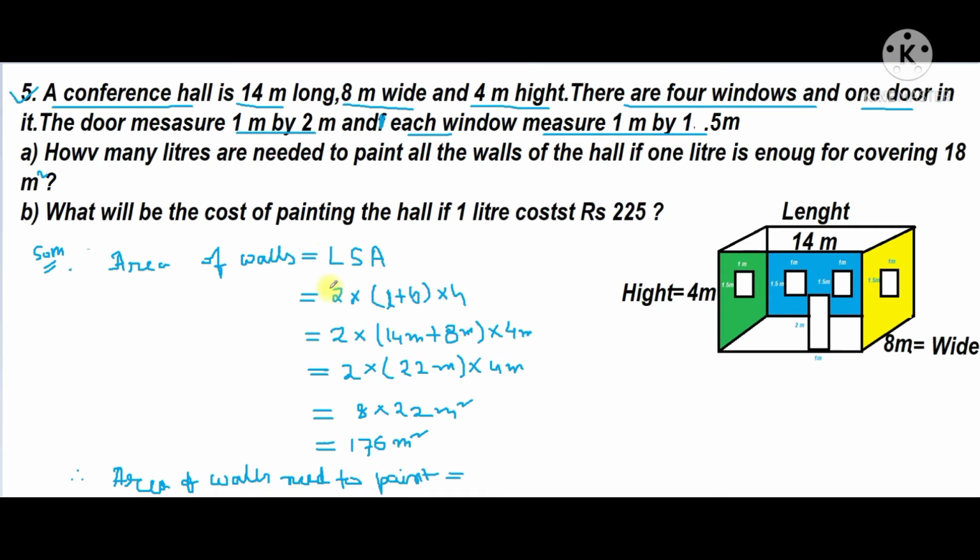What we'll do, from this total area of the wall, if I subtract the area of windows plus area of door, then we'll get the area where we need to paint. So here we'll write area of wall, that means lateral surface area, area of walls